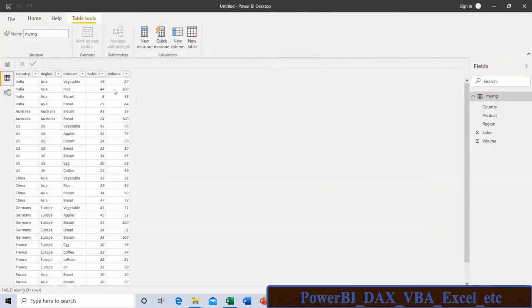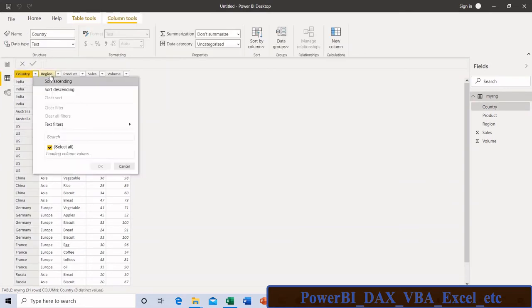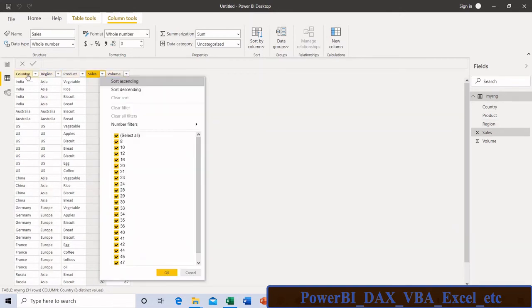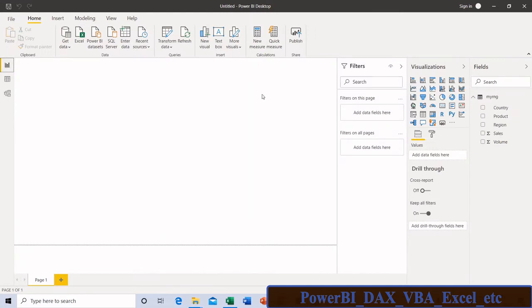Now my data is loaded here in the country column. You can see that data is correctly populated. Now we can create a small visual from here. These many visuals are available in Power BI right now, but you can add more visuals from the marketplace. But for that you need a pro license.